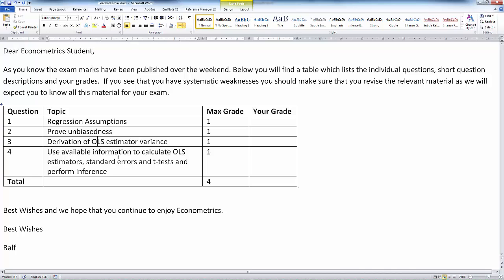If students know the exact questions, say from the exam paper, which they still have available, that's fine. But even if they don't have that, it's perfectly appropriate to just give topics. After all, you want them to revise the whole topic if they got something wrong. And